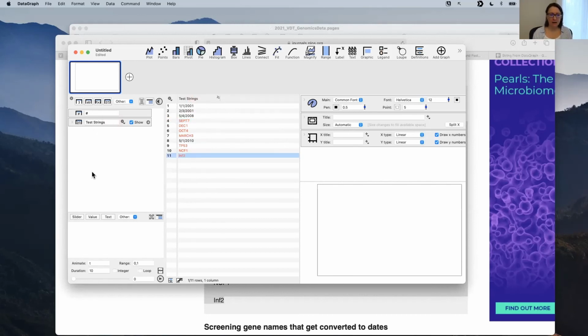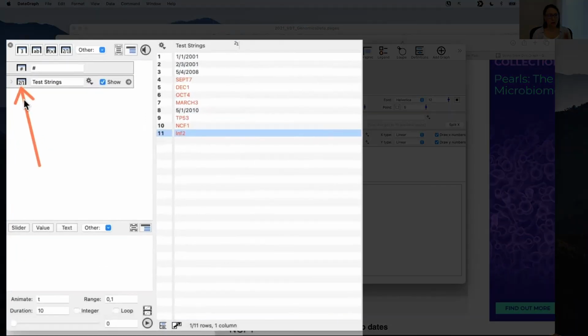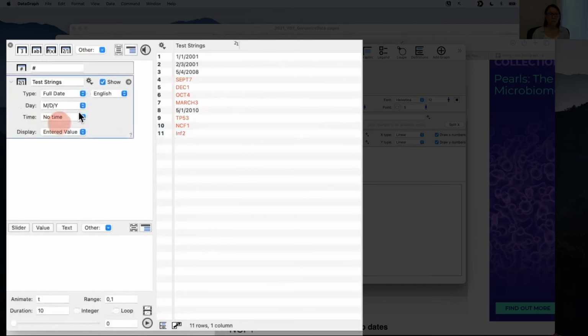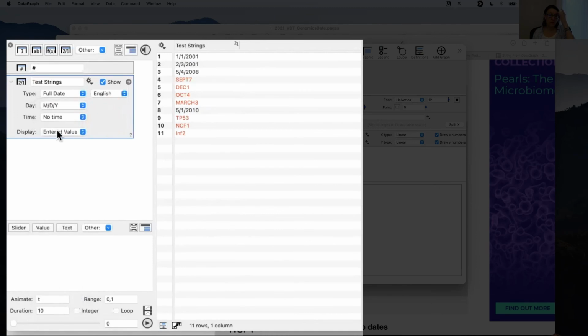And the format of a date string in DataGraph is what you can specify by going into the object itself that represents this column. And you'll see there is a list of all different format types that are built in. There's also a way to specify what's called an ICU format. So if you have a very strange way that your date is organized,